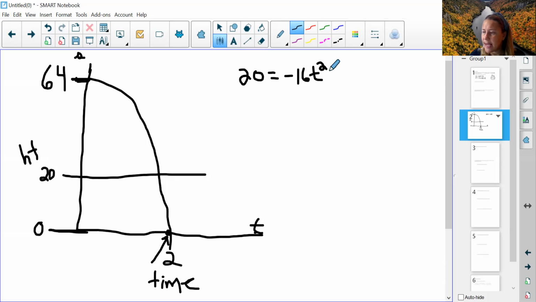Okay, so what I'm looking for is this value of t right here. Depending on how accurately I drew my picture, it sort of looks like I'm expecting a value kind of close to 2. That might depend on how well I drew my picture. So I could solve this algebraically, or I could go to my graphing calculator. I already put mine in, so grab your calculator